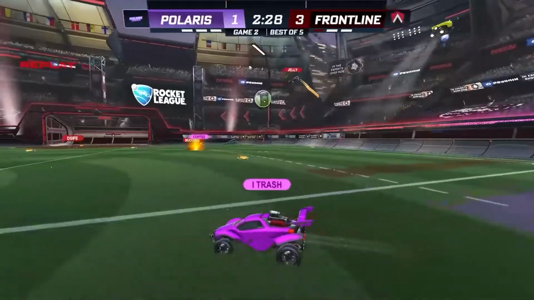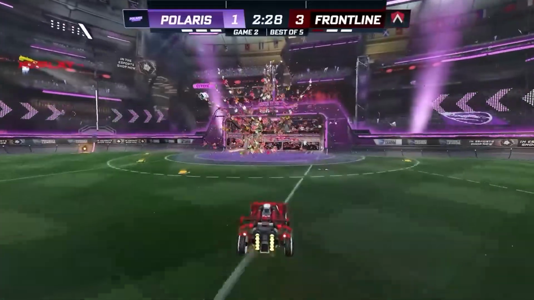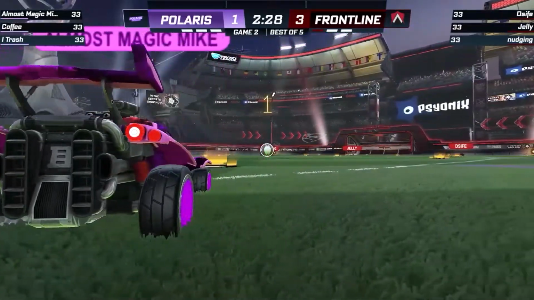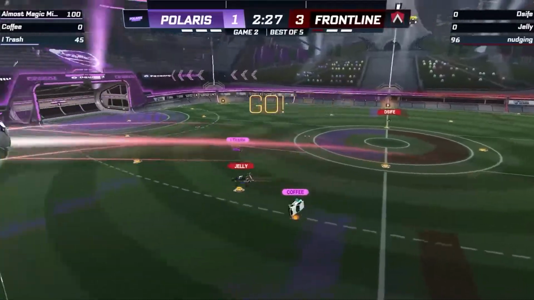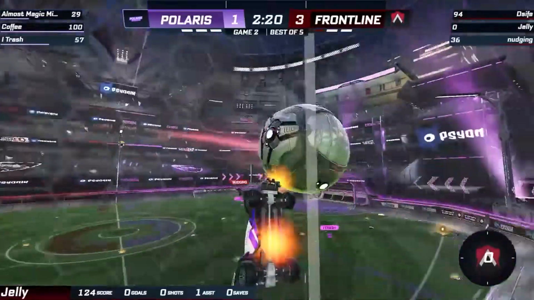Nudging scores that one from his own half. Yeah, it's a good drop down. Trash looked like he was going to get a piece of it. He never does. And Magic Mike has to try to hit that one there because it's going in the net if he can't find a touch. And it ends up going in the net either way. All right, Team Frontline heftily in front now in game 2, and it was so close up until this point